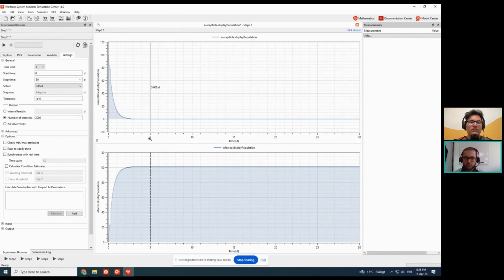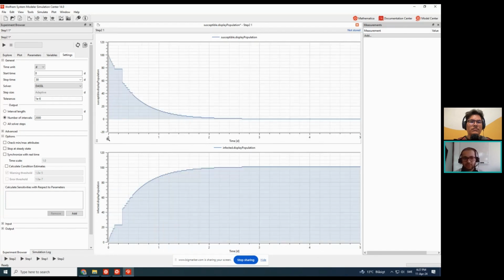In order to zoom in on a plot, you hover near the time axis, click the left button of your mouse, and then select the region that you want to zoom in. So here I started zooming in from 5 to 0,